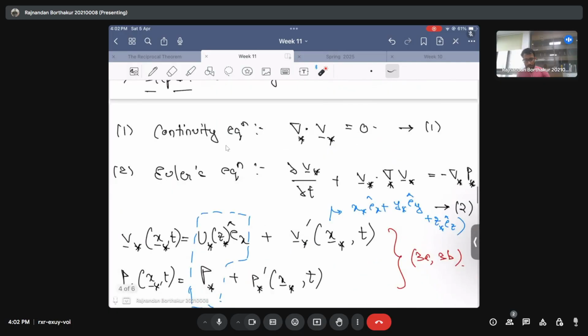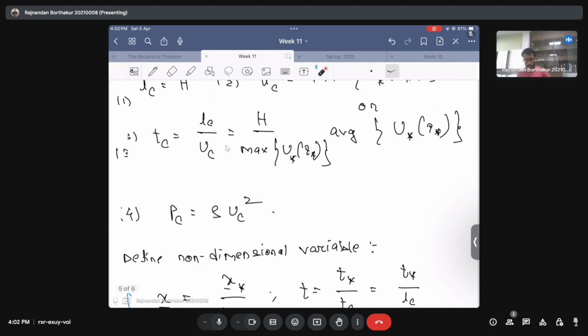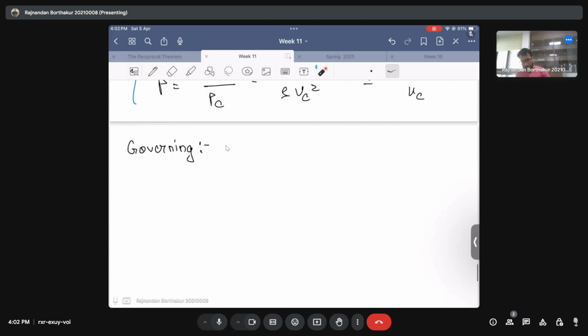to get that corresponding non-dimensional equation. Okay, so you can just do that and see, that's a very trivial step. You can just do that and see that the governing equation, now if you non-dimensionalize it, they are something like this. So the continuity equation,